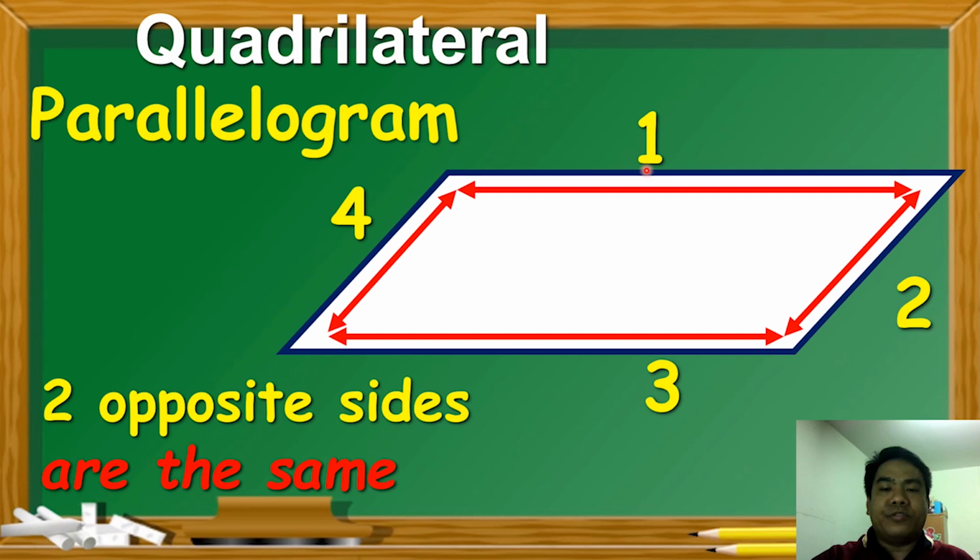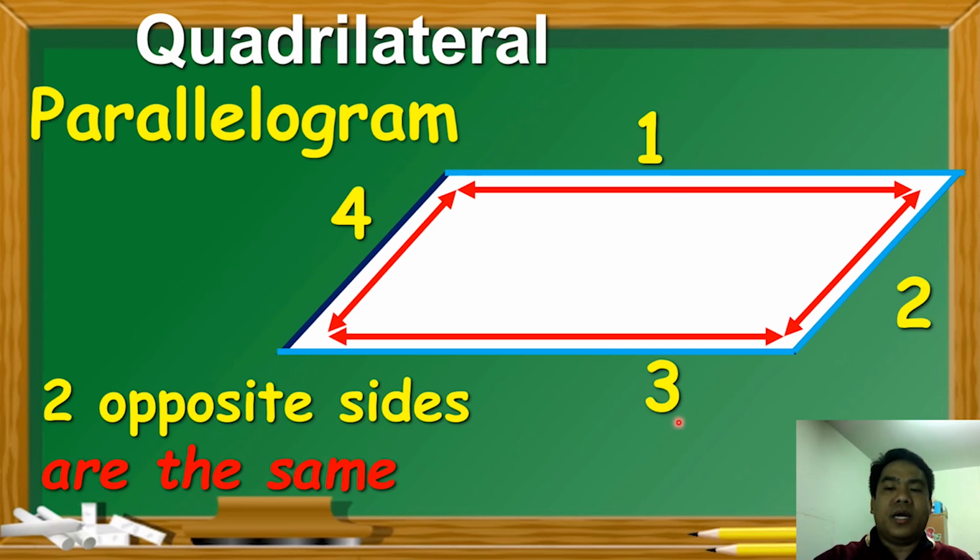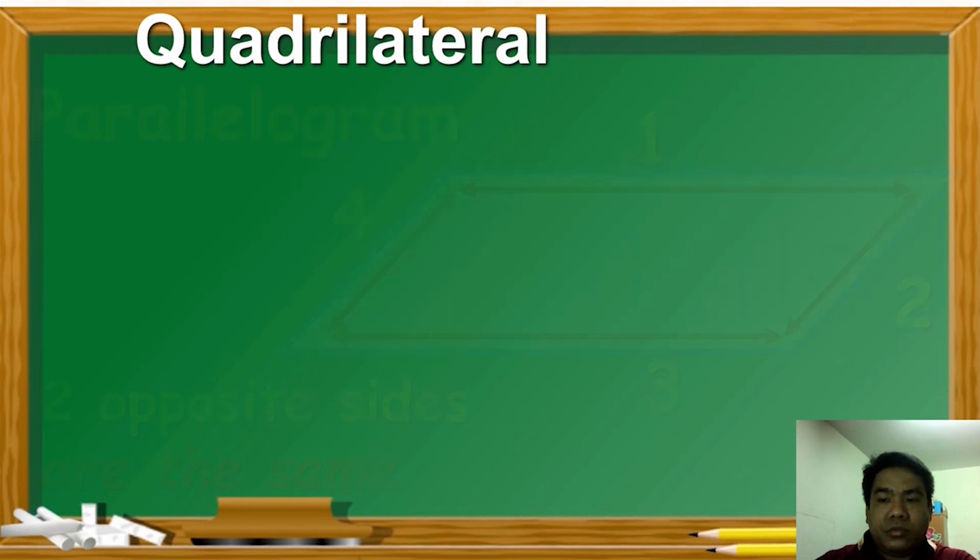So 2 opposite sides, again, 1 and 3 are the same, while 4 and 2 are the same length, or the same size. Okay, so we call that one a parallelogram. Again, parallelogram. Okay, next we have,